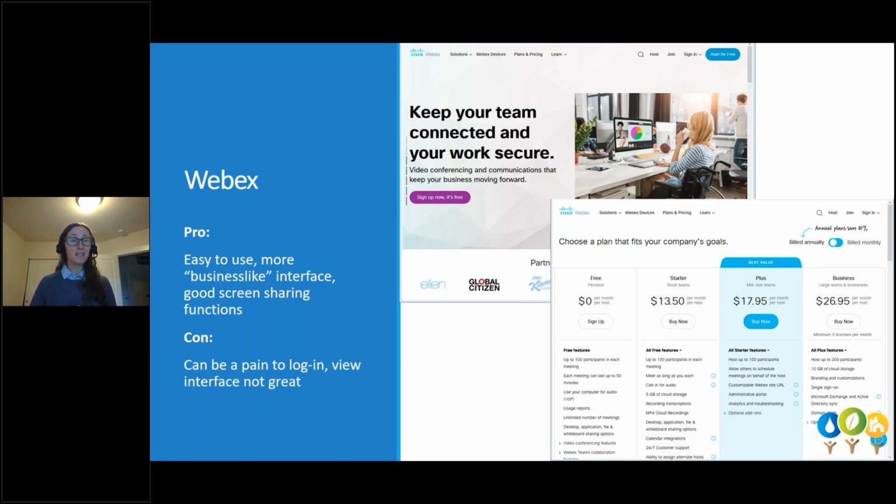Also, please note that some of these work better on certain browsers than others. Like the Google environment, you really want to open all that in Chrome. So you have to have that browser specifically on your platform to make it work really well. So that is a limitation to be considerate of. Zoom and GoTo don't really have that; some of them function better in a better browser, but you don't have to.